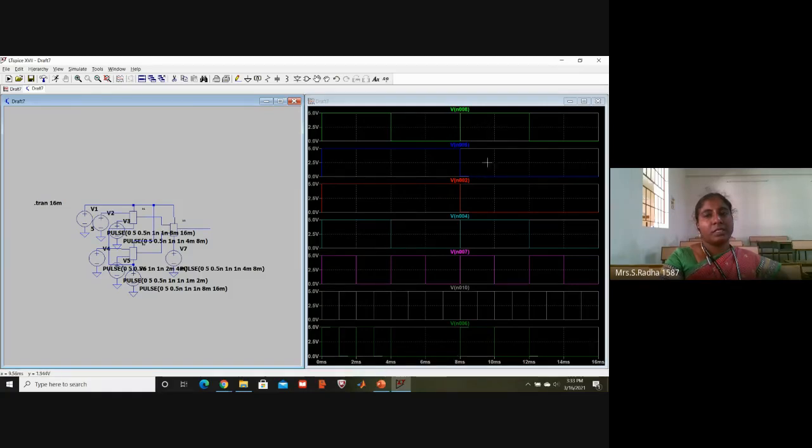Now coming to the selection line 1 0 combination. 1 0 means 2, so the third input. This pink color is the third input. For this entire 1 0 combination, the third input should come at the output. This complete pink color should come at the output, and the pink color is coming at the output.